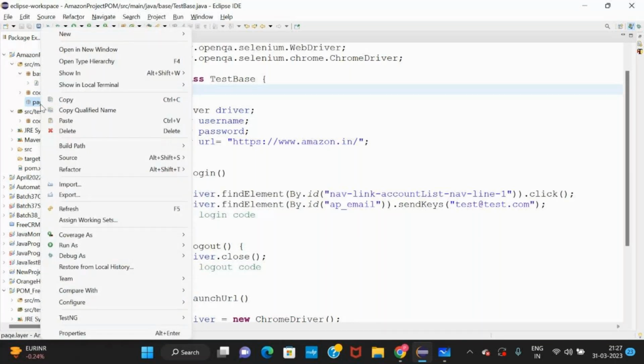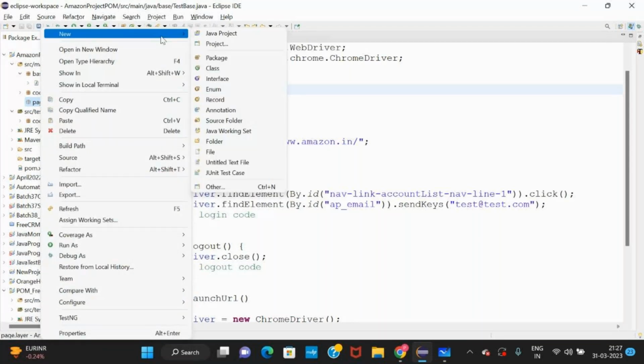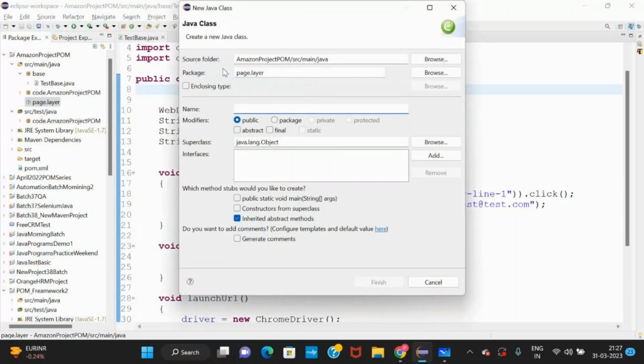Now in this package we will create a class. As it is a page layer, every class of the page layer will have the keyword Page: HomePage.